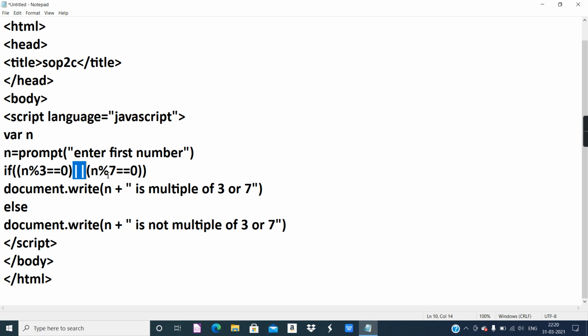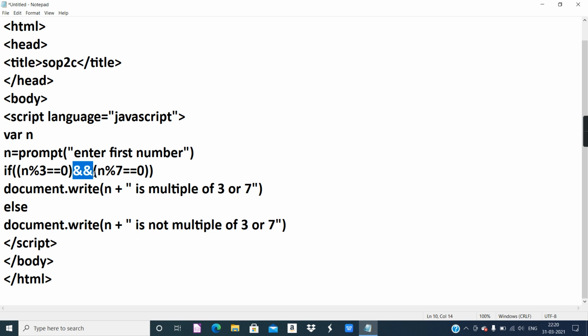So what I was saying, if the question had the word and instead of or, then you could have replaced this with the ampersand symbol for the logical operator and. In this manner, if the question was to check whether the number is a multiple of 3 and also a multiple of 7. So a logical operator is used to check more than one condition, to join them, you can say. This is how you can give multiple conditions by separating them with some logical operator.